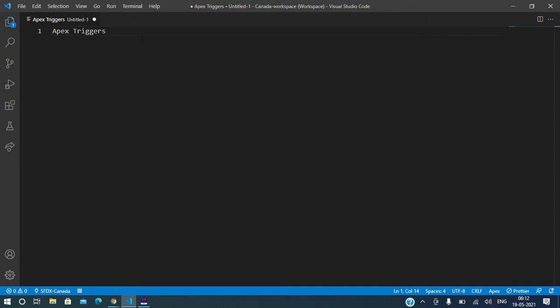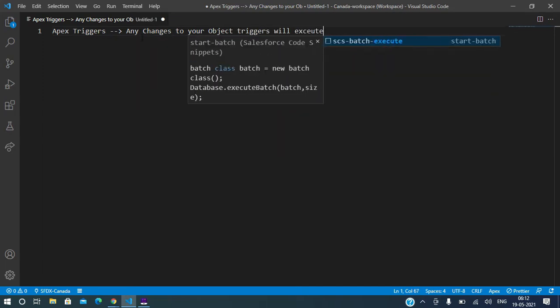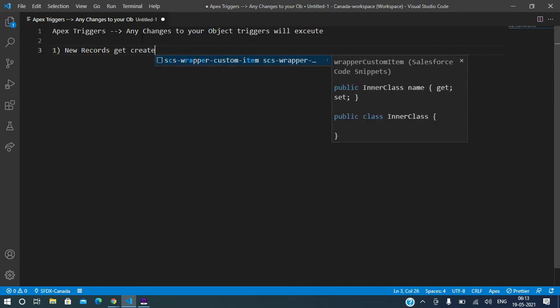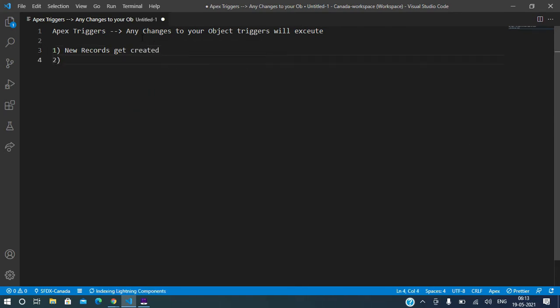When will these triggers execute? On any changes to your object, triggers will execute. What kind of changes can you see in an object? What are the possible changes? Might be a new record gets created, and existing records might get edited,